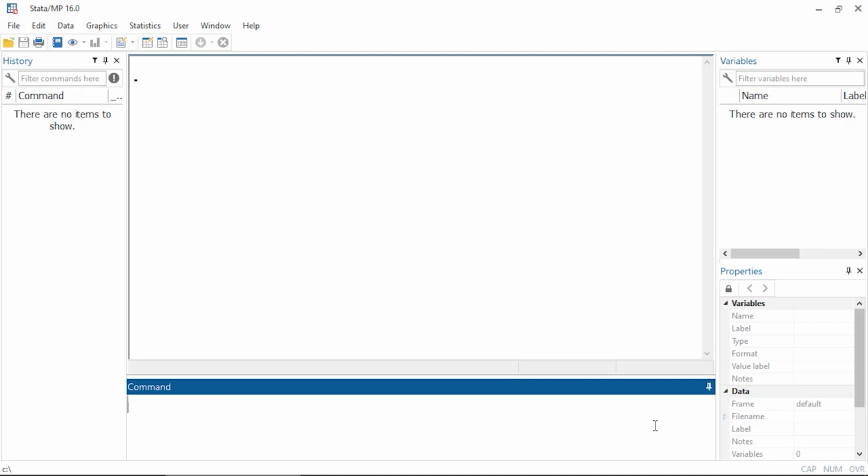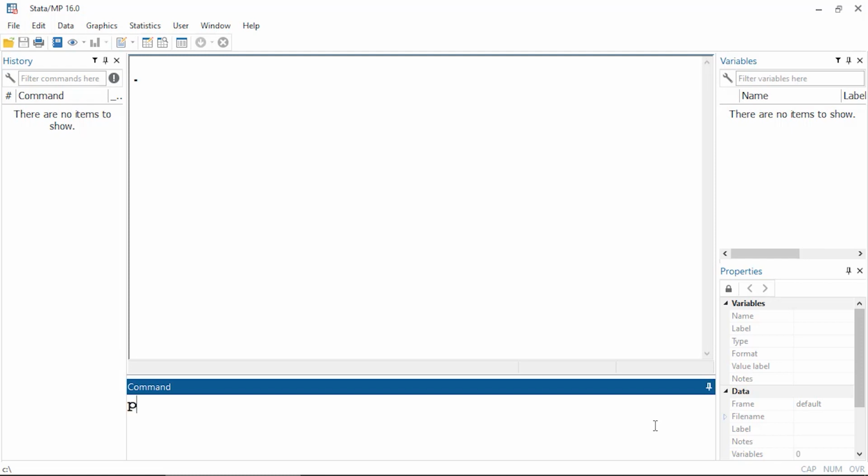Today I'm going to show you how to download and install Python packages for use within Stata. There are many Python packages available freely across the web, and you can download and install them very easily. And then they allow you to do things like machine learning or artificial intelligence or many other things.